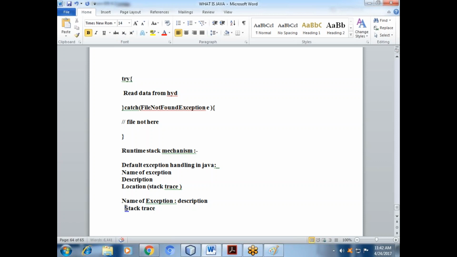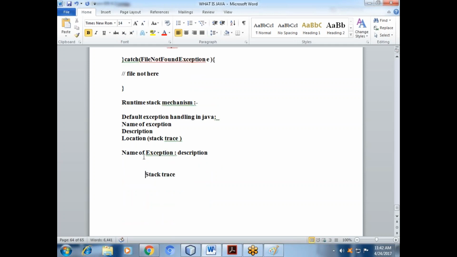You will get this syntax whenever an exception arises, and at that stage you will understand. That will be the format: name of the exception, a description of the cause, and the stack trace. Are you getting my point or not?